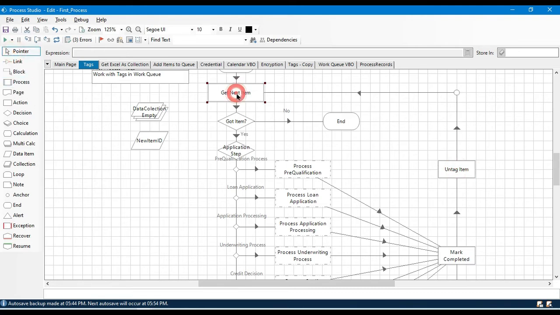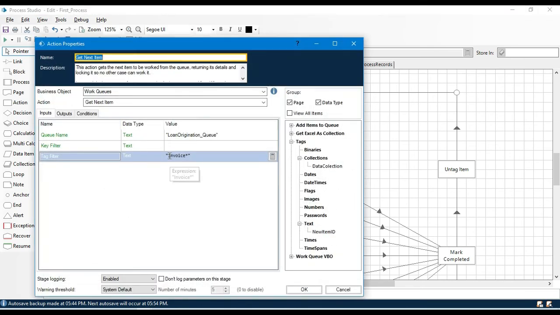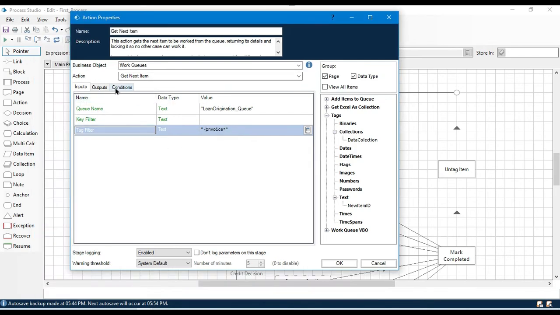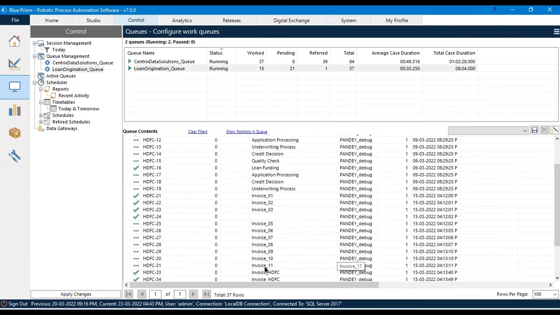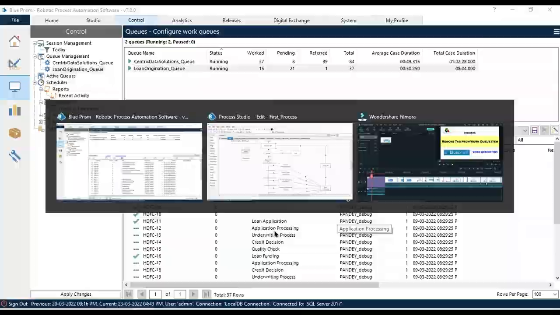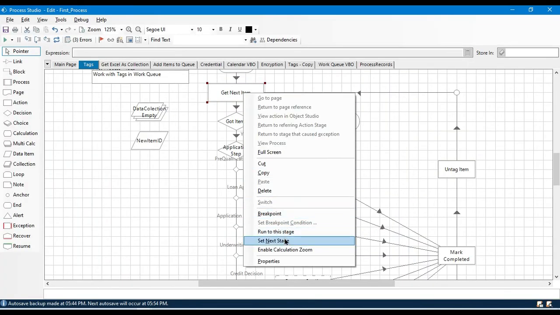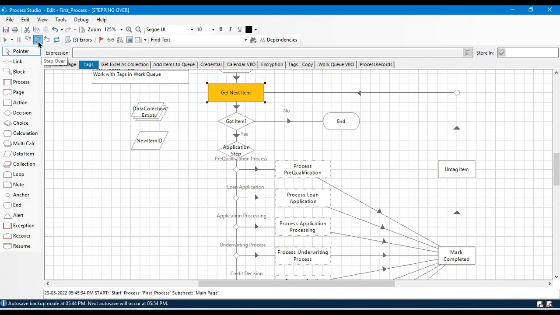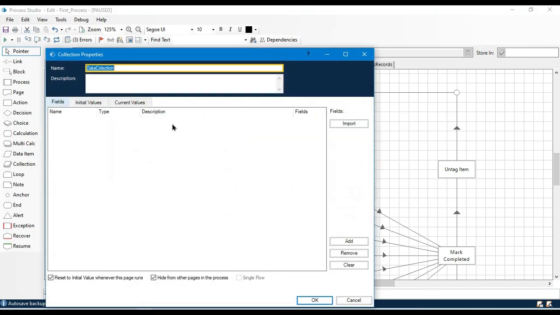Now here in get next item, I'm going to write minus invoice star asterisk. It will only take the items from the queue which do not have the invoice tag. It will exclude the invoice tag from our items, and then it will give us only pre-qualification, loan funding, like that, if we have pending values. So yes, we have a pending value. So let me run here, set next stage, and now you can see here in the data collection